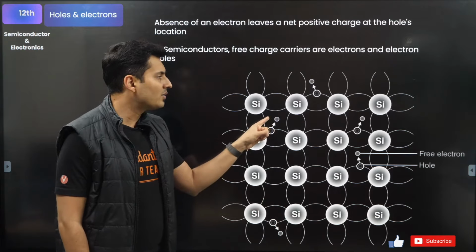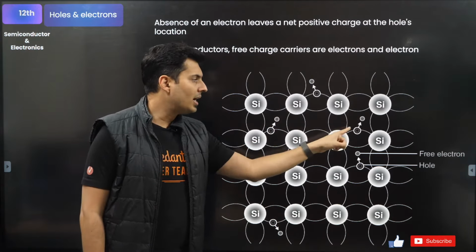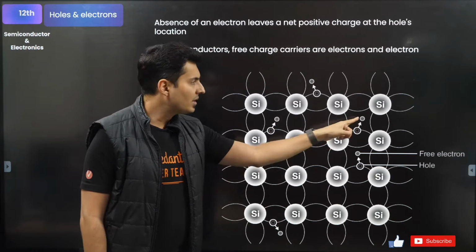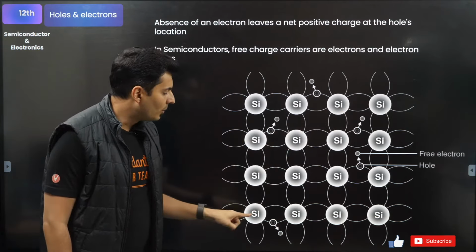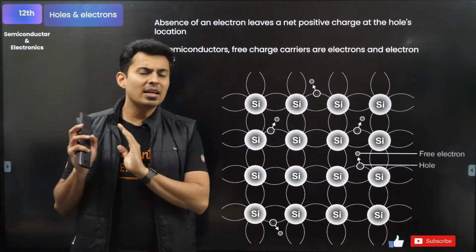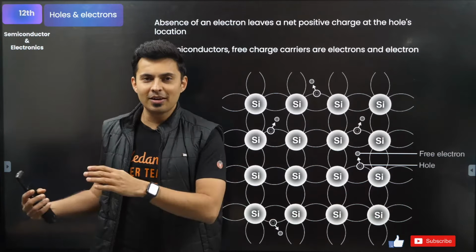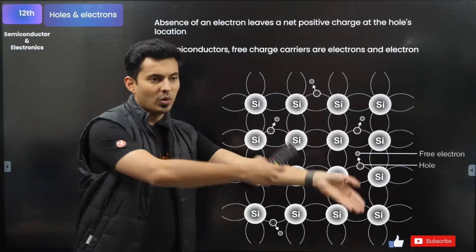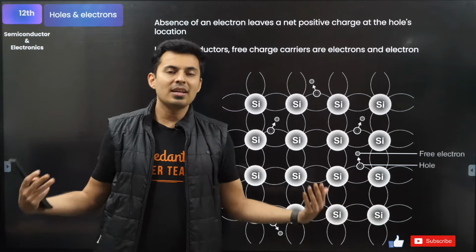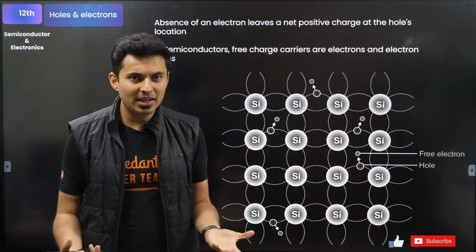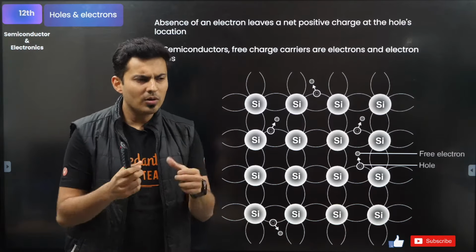Now, this electron which is freed might roam around and it might enter this hole. This electron which is freed over here might roam around and fill this hole. You will see at any given point of time, there are some electrons going here, some electrons going here, some holes going there, some holes shifting from there to here. So there is an equal amount, an equilibrium is maintained, so the net current will be 0 unless you connect